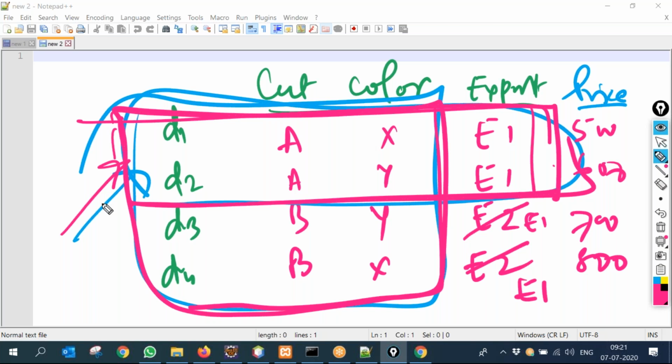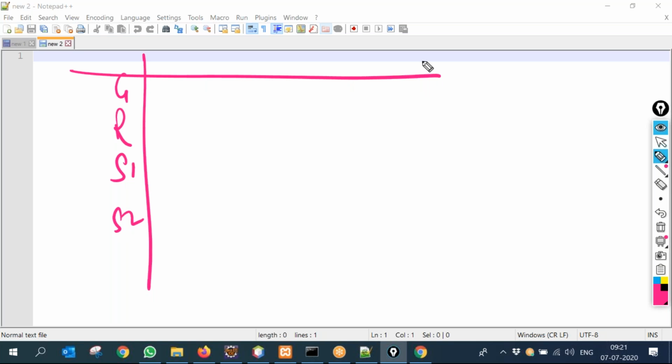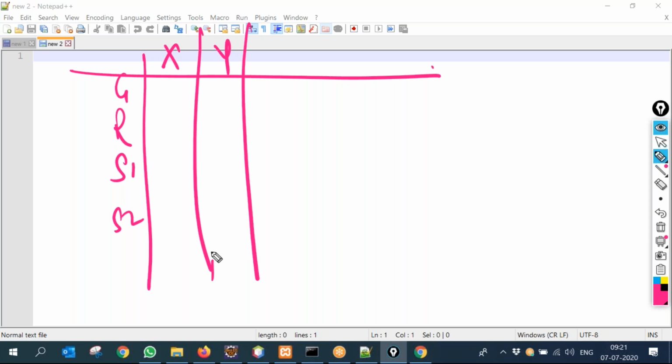Yes, but if the parameters are changing, then how? Suppose Gyan is there, Rajesh is there, Siddharth is there, all experts, right? And we have X parameter and Y parameter, whatever value.